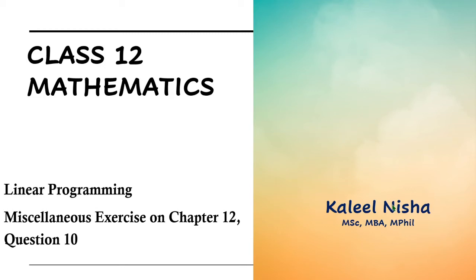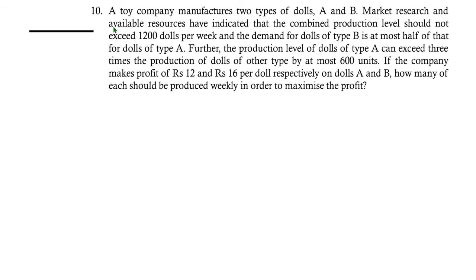Hello viewers, in this video I am going to discuss question number 10 of the miscellaneous exercise on chapter 12, linear programming. The question says a toy company manufactures two types of dolls A and B. Market research and available resources have indicated that the combined production level should not exceed 1200 dolls per week and